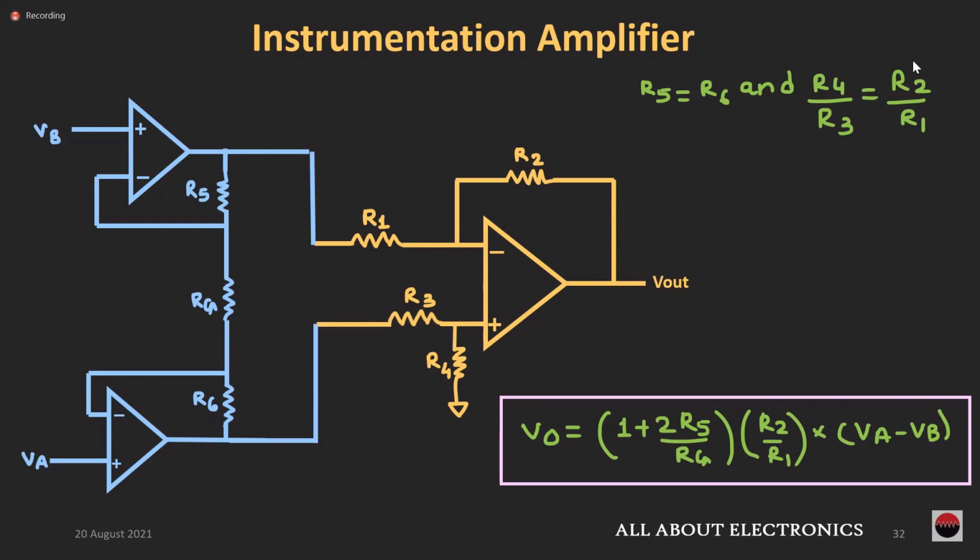Students, we are discussing amplifiers, and in amplifiers we are discussing instrumentation amplifier. An amplifier is a circuit which can take small signals and convert them into large, that is high voltage, signals. But an instrumentation amplifier accepts even smaller signals than an amplifier, and it can amplify them. The output equation of an instrumentation amplifier is V0 is equal to the given expression, VA minus VB. What are VA, VB? Two inverting amplifier inputs.